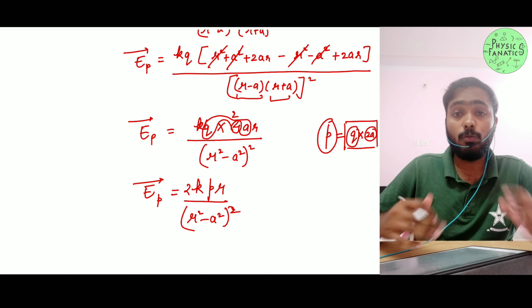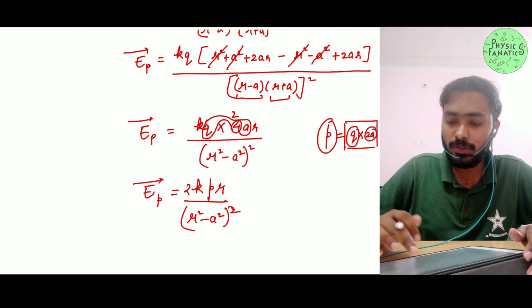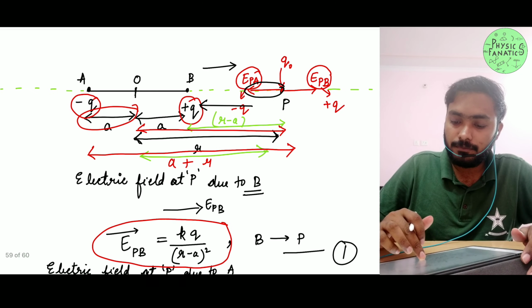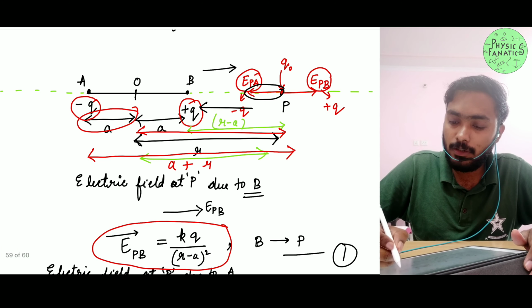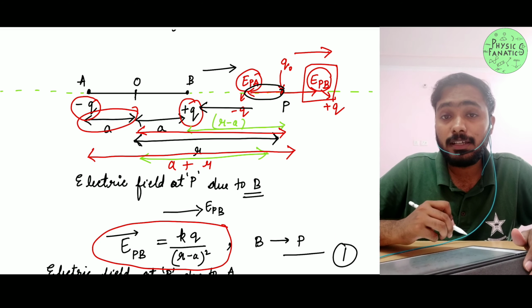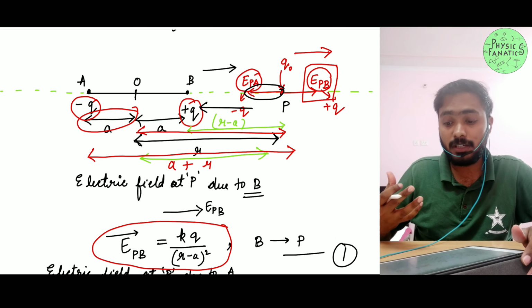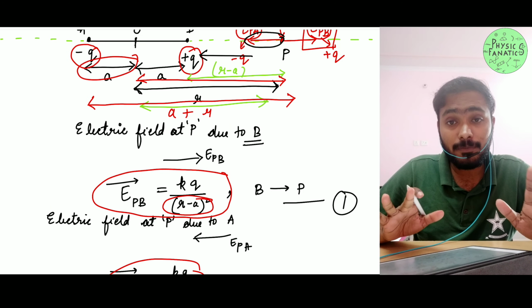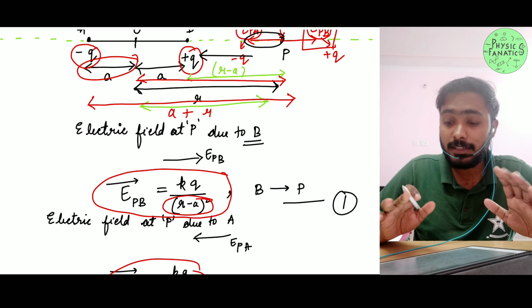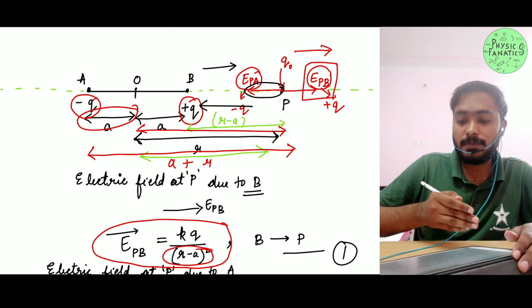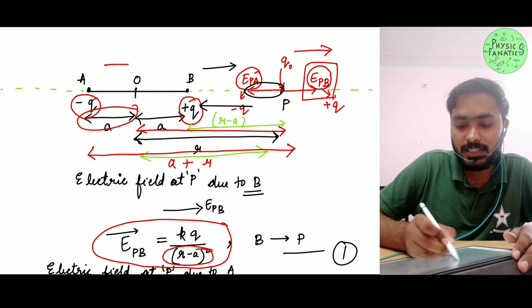right? Now what is the direction here? You can see the direction when I look at the diagram. I know very nicely that E_PB is the bigger one, right? E_PB is the bigger electric field, so the direction will definitely be in that direction, because E_PB is the bigger one. Why is E_PB bigger? Because the lower distance is less, right? I hope that is understandable. Clear? So the direction is from minus P, you can see the direction is in this direction.